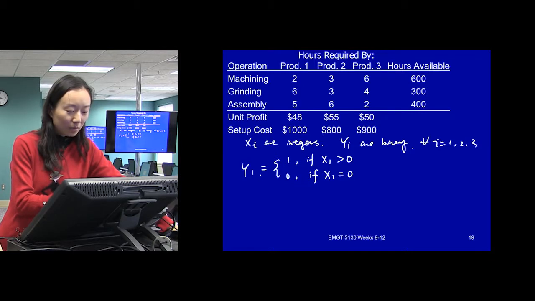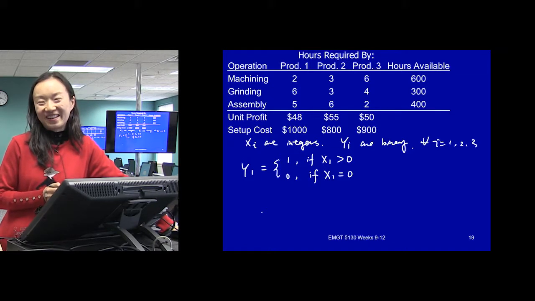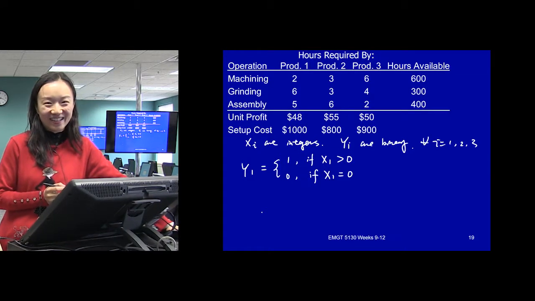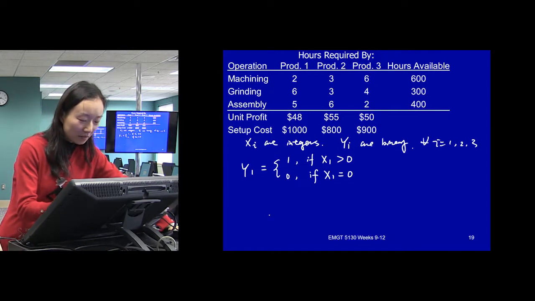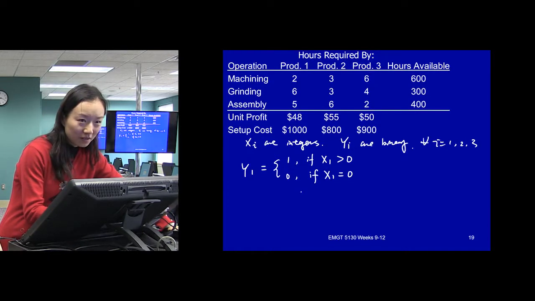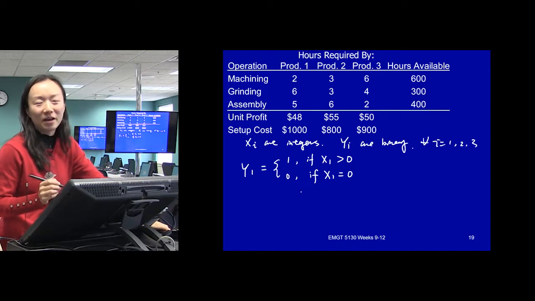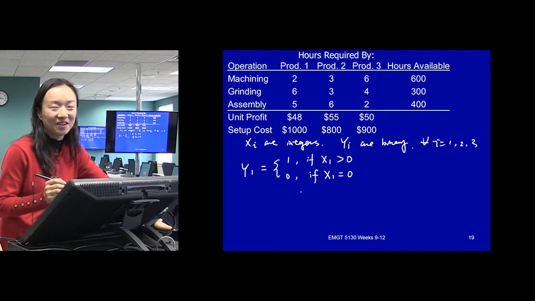If they are binary, it's the same thing as what I said, it's just defined differently. You could say y1 minus x1 is equal to 0. Y1 minus x1 is equal to 0? Oh, it's the same. Okay.